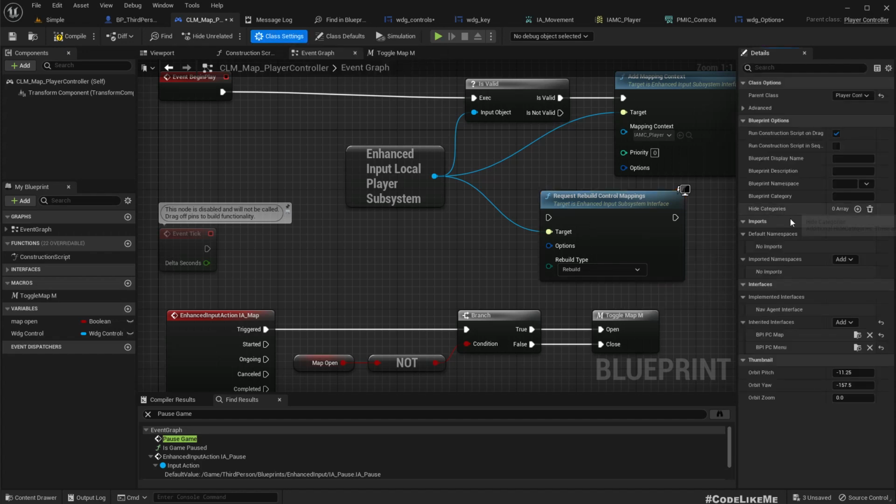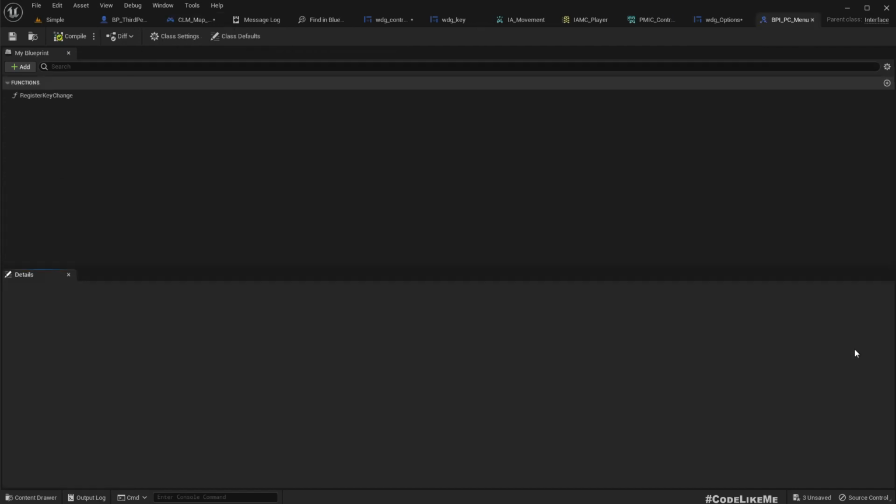Do we have an interface here? VPI PC. Yeah, here